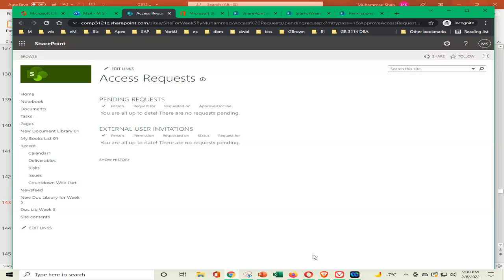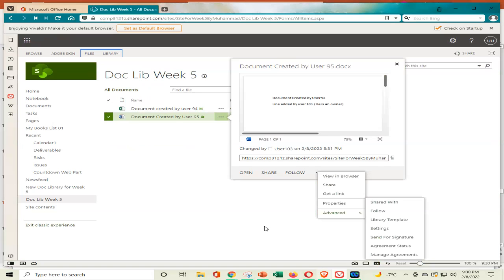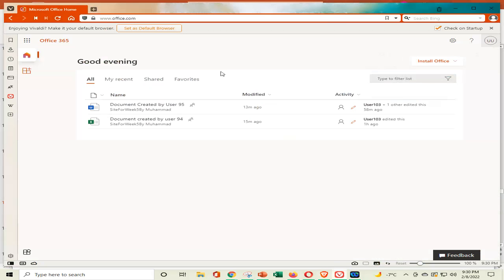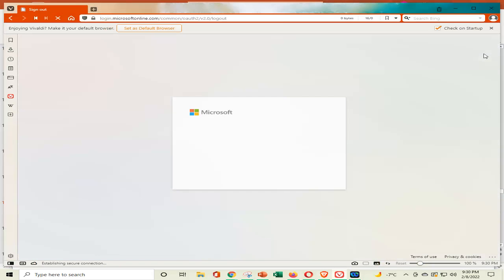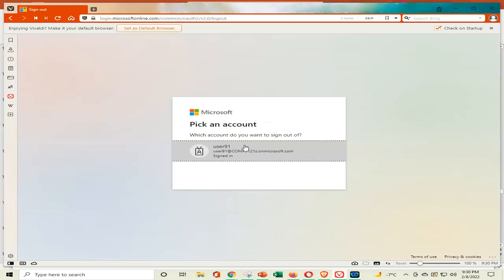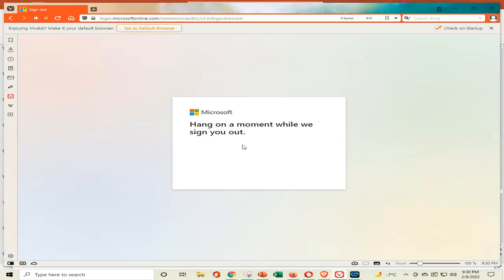So I'm going to log in as a new user, user number 90. Now I use the same browser once again. I close this window, and in the last window I sign out,